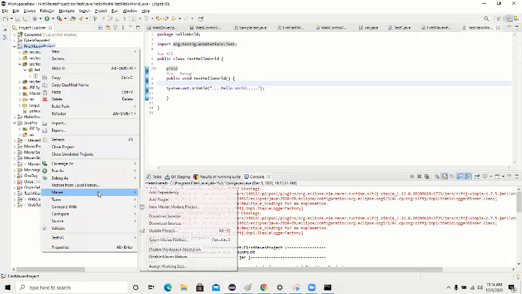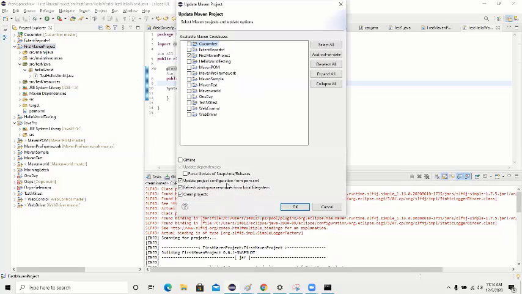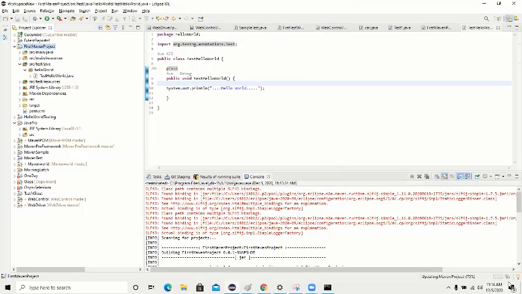And one more thing, let's update your project as well. Under Maven, if you are doing some changes, you update the project. The project is selected here, you have to just say okay. We'll see, because see, this option